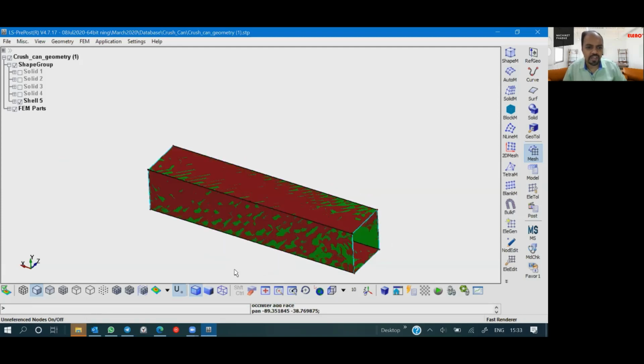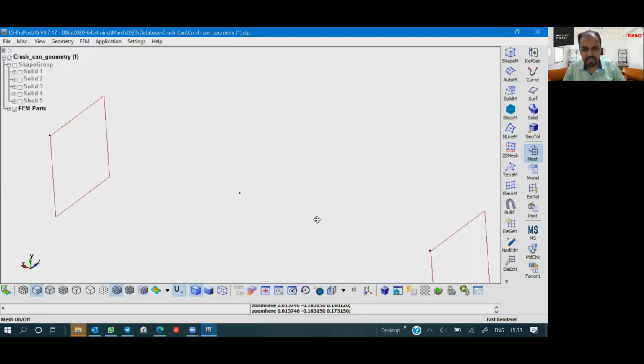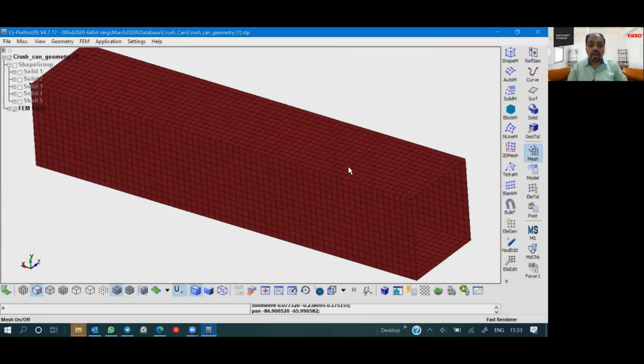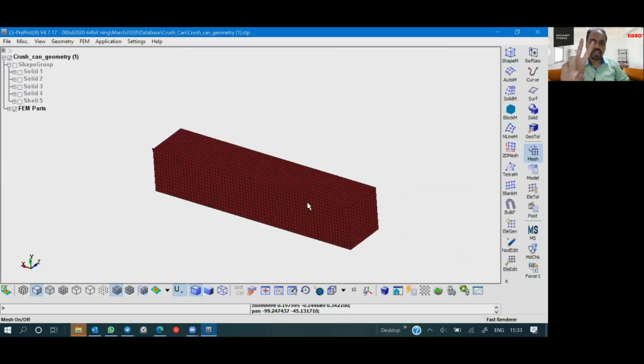Now what you see is there is a solid geometry, so you can have this complete shape group off, and you can just click on this part. Can you see this, guys? So you can see a mesh. Now I can do any kind of work on this particular mesh. This is all attached because it was one single surface, so automatically you get a connection between these nodes. So this is how you mesh a 2D part.